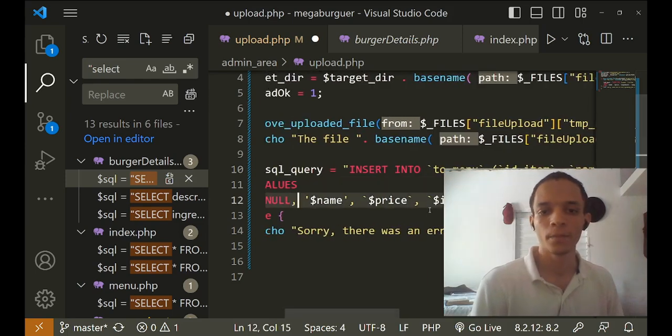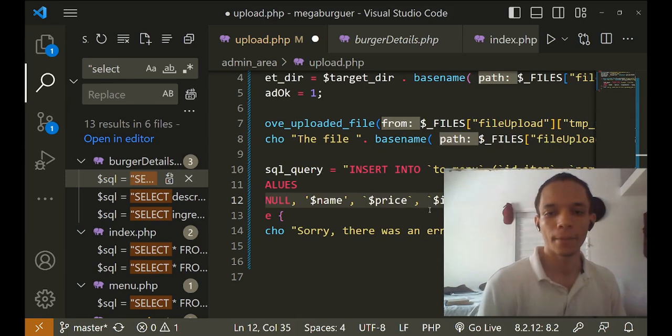Total available. So here we're gonna put something that is missing, total available,